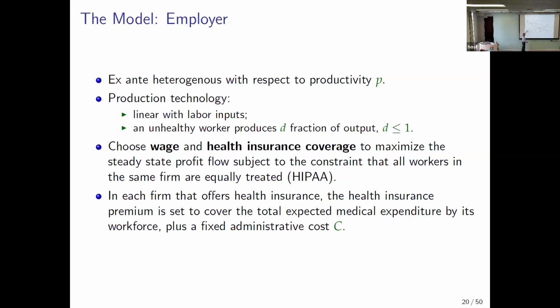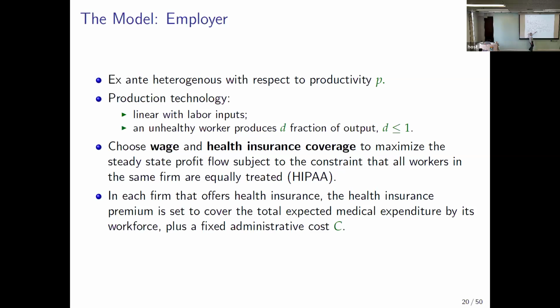Now this is the real question, right? Choosing wage and health insurance coverage. The firm chooses wage and health insurance coverage to maximize the steady state profit flow, subject to the constraint that all workers in the same firm are equally treated. The firm cannot just say, look, if you're unhealthy, you don't get the health insurance, or you get a different wage. That kind of discrimination